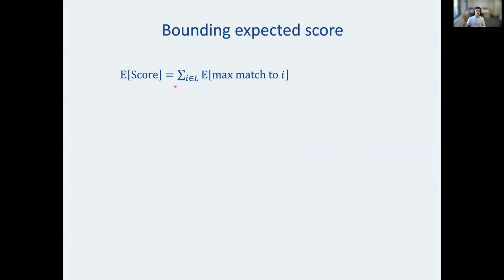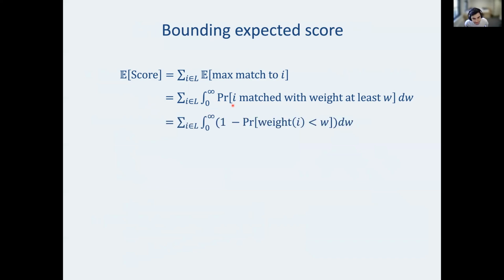So first, just using linearity of expectation, we're going to rewrite that expected score as a summation over the offline vertices of the maximum weight edge attached to each offline vertex. And once again, rewrite that using an integral as the integral from w equals 0 to infinity of the probability I is matched to an edge with weight at least w. That's a standard integral trick. And lastly, not much is happening here. We're just taking the complement of this event. But we get the integral of 1 minus the probability I is not matched to something with weight at least